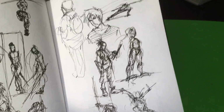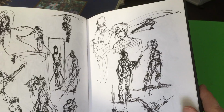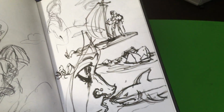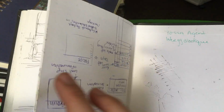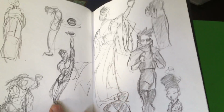Look how ugly these are. But this has allowed me to grow into the type of sketching that I do now, where it's more controlled and more clean. So don't worry about how ugly a sketch looks. I'm sorry, there might be smut in these books. So anyways,